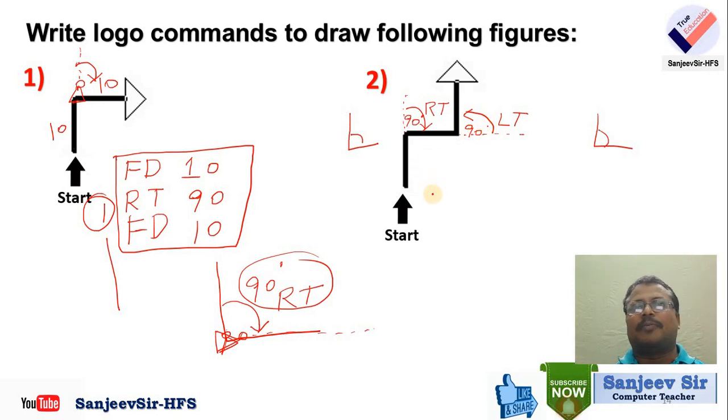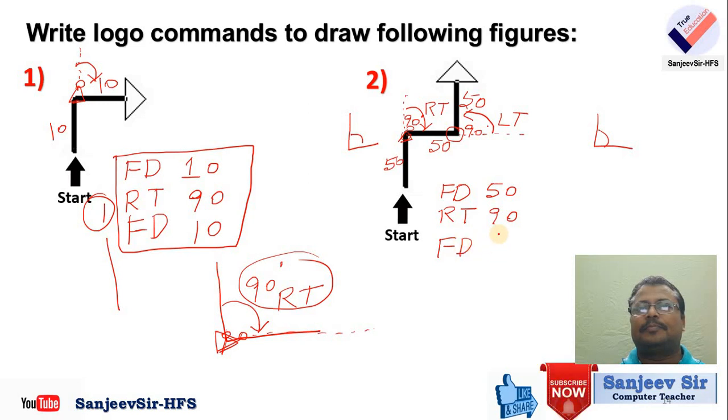So what will we write as the command for the second one? First of all, suppose the given value is 50. How much is given? 50. So the number of steps given is 50, so we write FD 50. After that, the turtle will be placed here, and its position will be here, and it will rotate here. That means RT 90. Again the turtle will move from here to here, so again FD 50. Now the turtle will not go in this direction, it will rotate here.